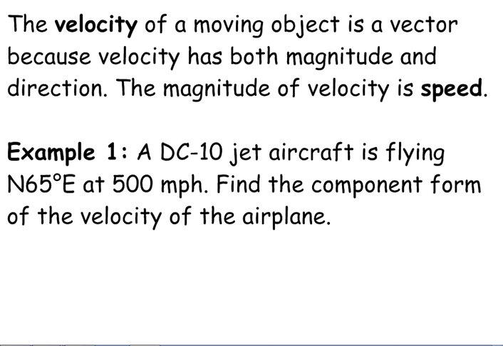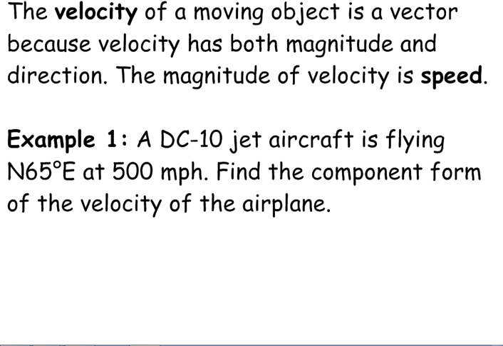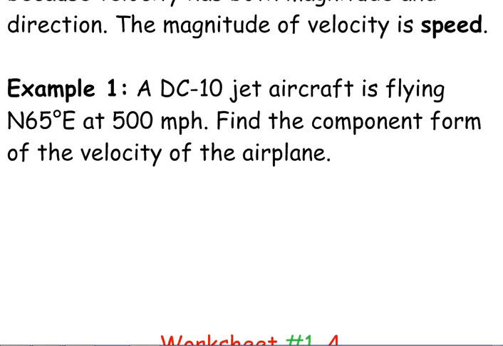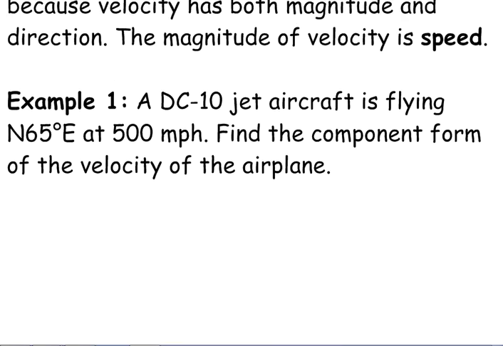A DC-10 jet aircraft is flying north 65 degrees east. So we've dealt with these bearings before. We're just going to deal with them in a different context. We've dealt with them with law of sines and cosines, but this is a vector problem. Okay, so let's look at this. A DC-10 jet aircraft is flying north 65 degrees east. So we start at north and we go 65 degrees towards east